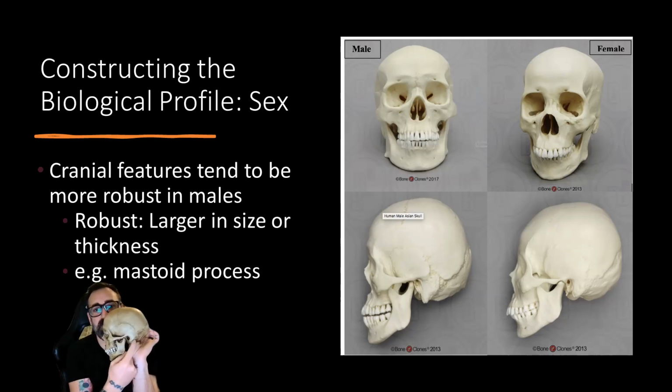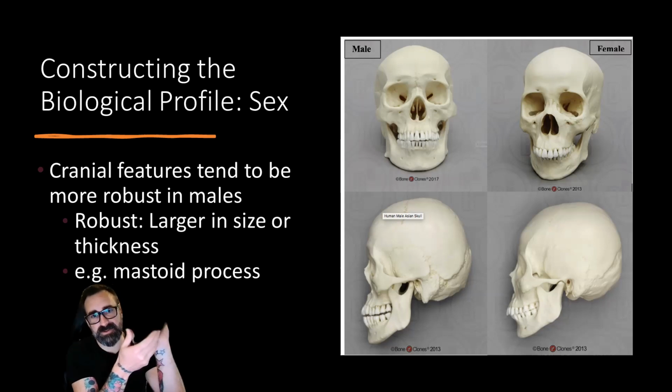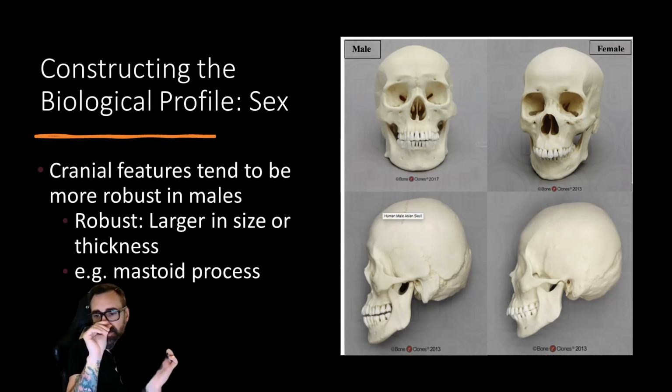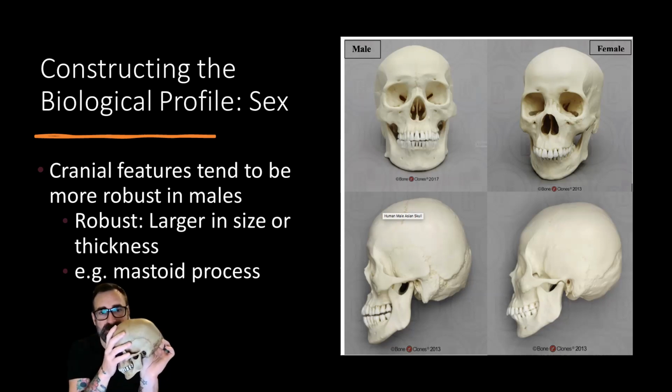The mastoid process is this right here. There's the ear hole, the meatus, and then this right here is the mastoid process. As you can see in the skull below, there is a much more pronounced mastoid process on the skull on your screen than you can see here. This is probably a female skull. We've got a really sharp margin right here, small brow ridges, a small mandible, and very small mastoid processes. So this is probably a female skull. It's more similar to the skull you see on the right, although it's certainly not identical.